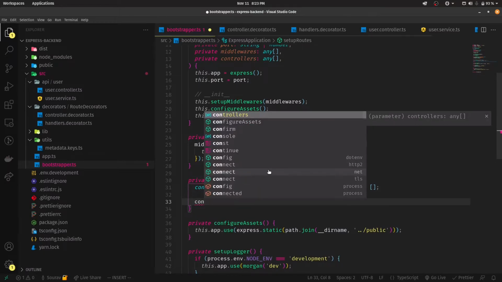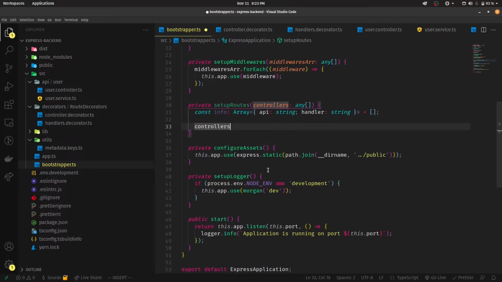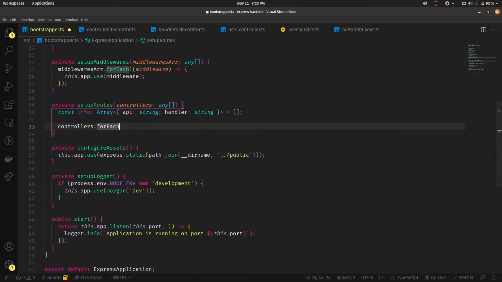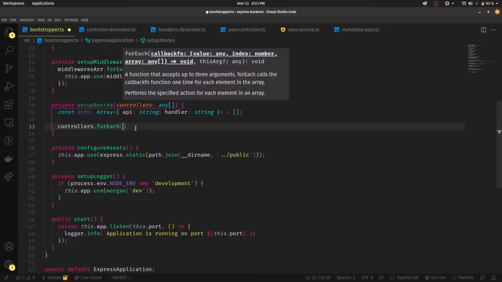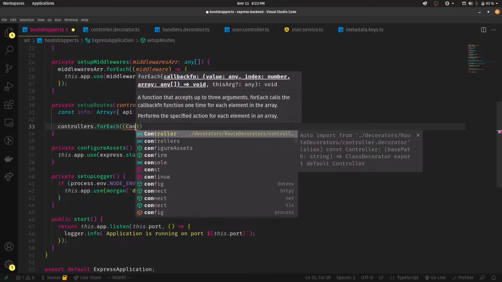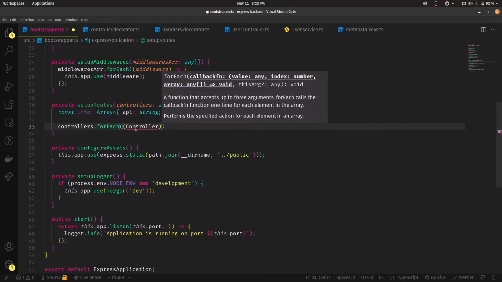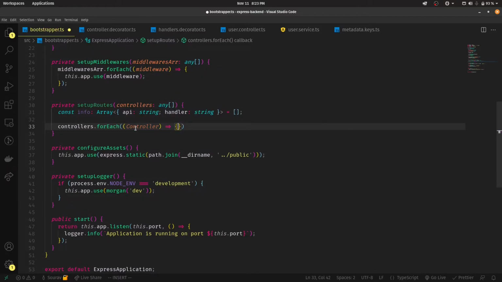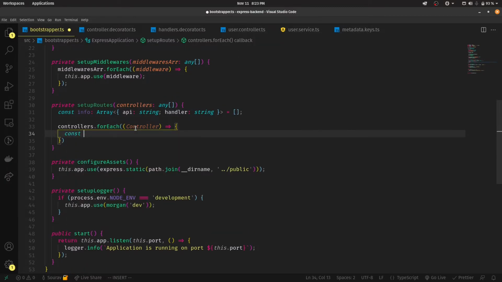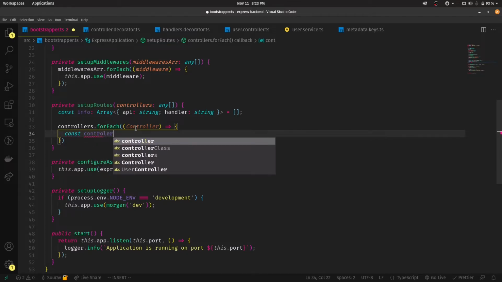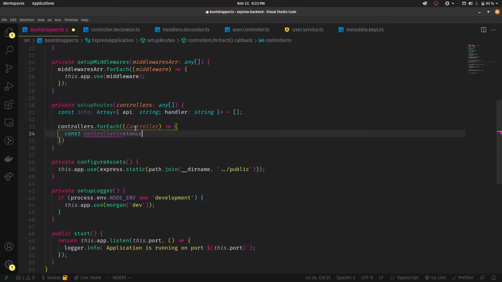And let's take on all the controllers that we have and do a dot forEach. I will be decreasing that so that you can actually see and follow me along. And remember, right here we receive the controller class, not the controllers. Remember that. We're going to be only passing in the class, and that this controller itself is going to do everything for us. So we'll be doing const controllerInstance, because we'll be creating a new instance here. By the way, this is going to be of type